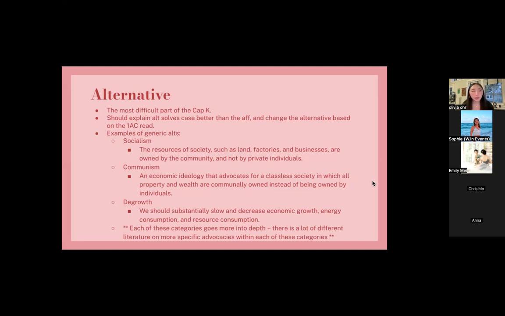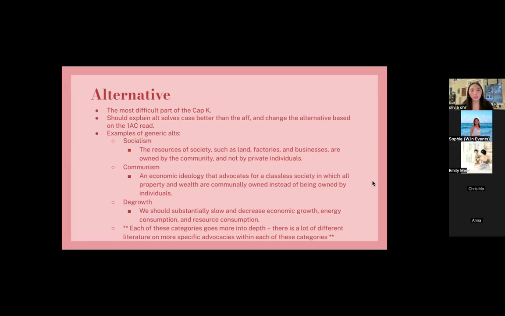For example, on the IP topic, there's this knowledge socialism: we should get rid of IP and open source patents and innovation. That wouldn't match super well with generic growth bad arguments, because that alternative does not reject growth. So in that case, you would have to think specifically about what impacts you want to read and how the alternative would resolve some of those.